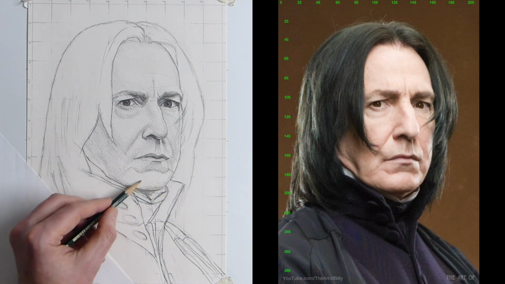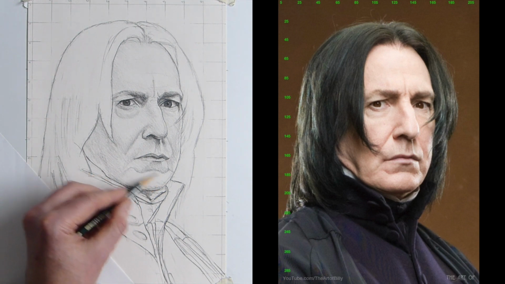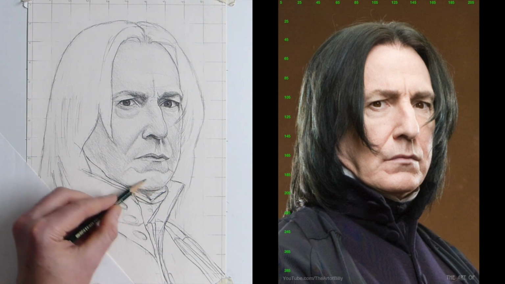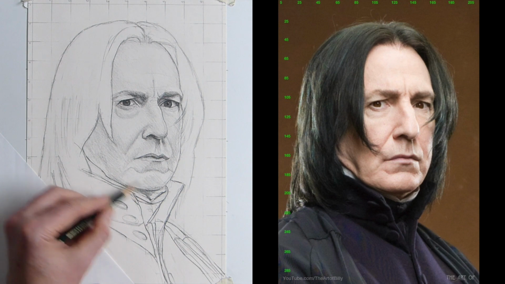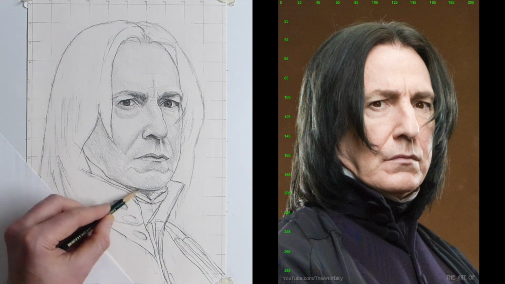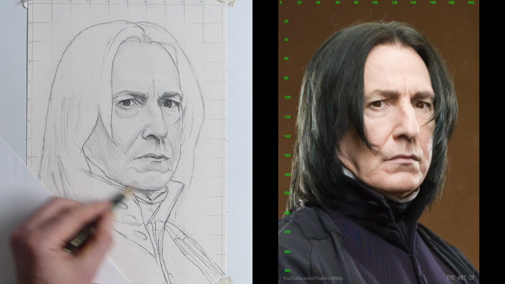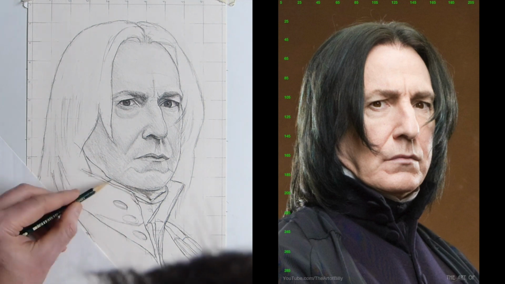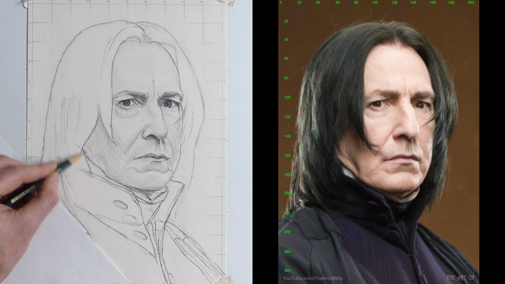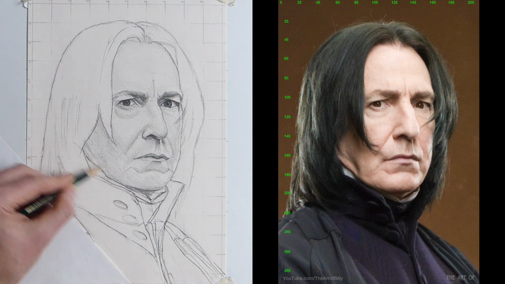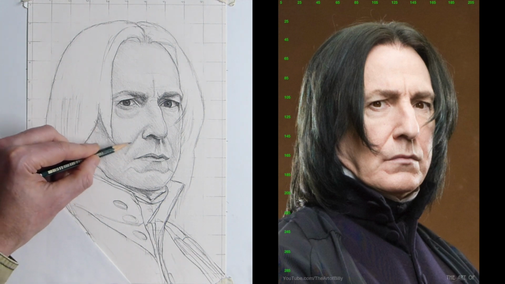So now here we've got his chin. We've got a nice strong highlight here, but we need to fill in his chin a little bit. That's looking rather good. I hope you're enjoying this. This is fantastic. I'm really enjoying doing Professor Snape like this. And now we're